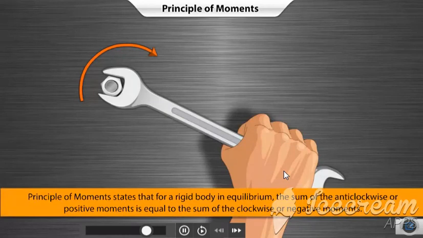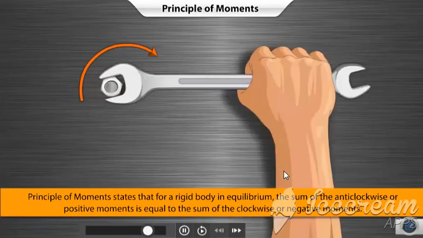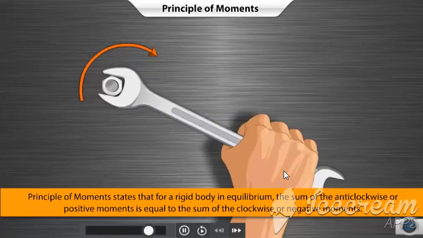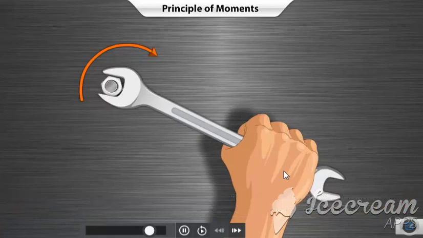The principle of moments states that for a rigid body in equilibrium, the sum of the anti-clockwise or positive moments is equal to the sum of the clockwise or negative moments. Therefore,